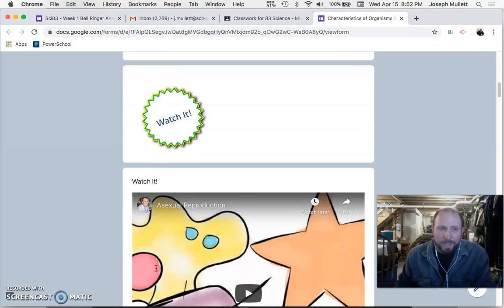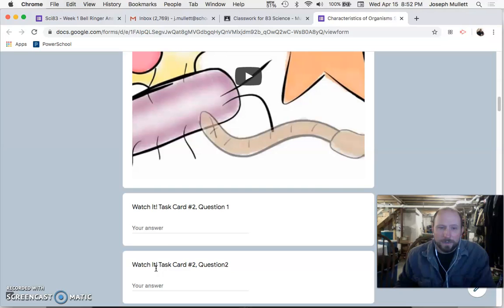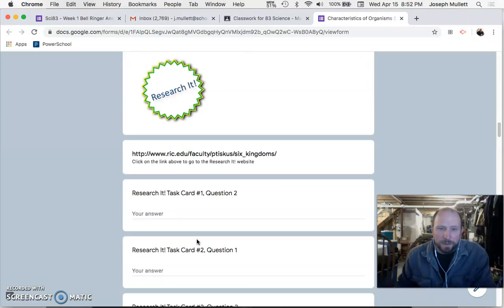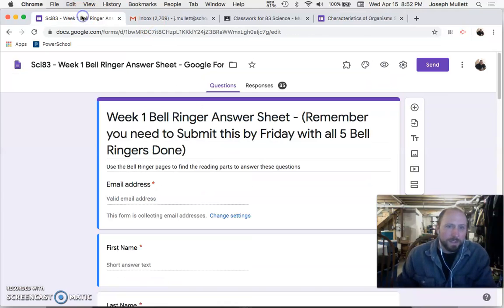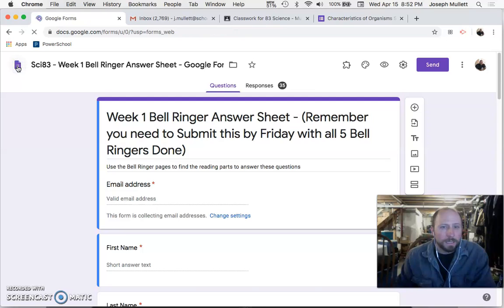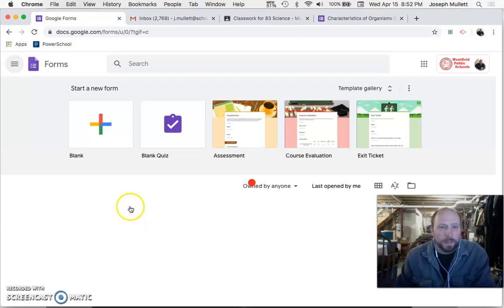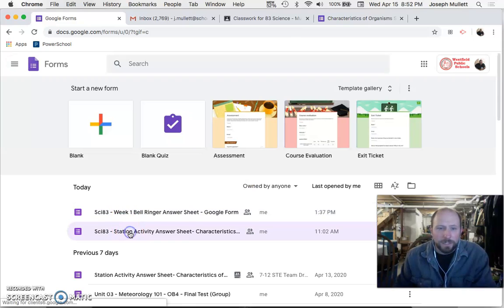It should be the case that all my information has been saved, at which point I can continue answering these questions. If I go back over here and click on this, that happened to be the station activity page. So if I click on station activity sheet,